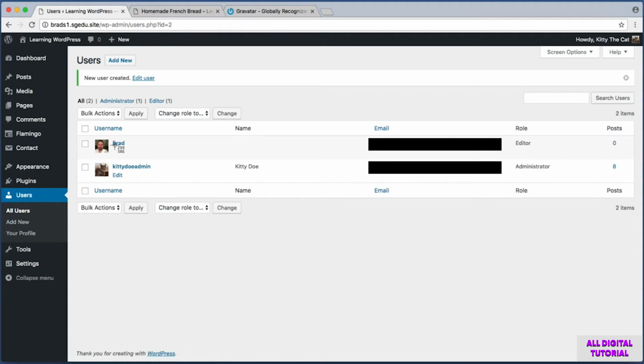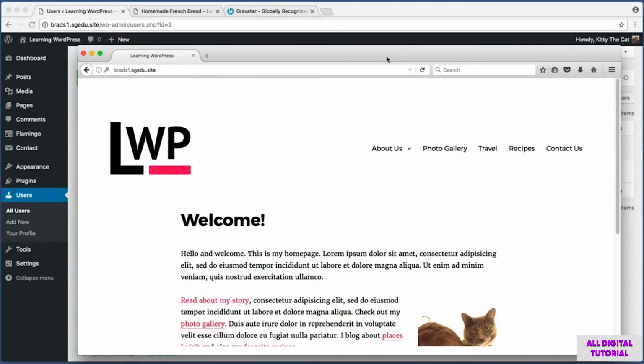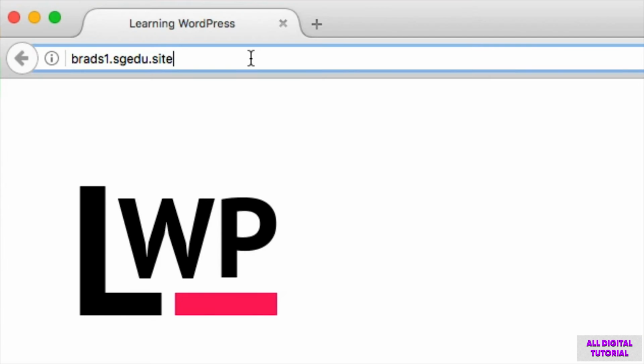Now at the moment, in this web browser, I'm still logged in as kittydoadmin, but just as an example, why don't I open up a new web browser and sign in as the Brad user? So here's a new browser window where I'm not signed in as anyone. We can tell that's the case because there's no black admin bar along the top. However, if I want to sign in with my new Brad account, all I need to do is go up into the address bar and add on